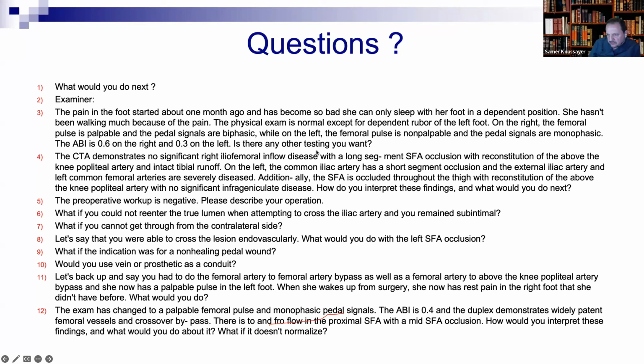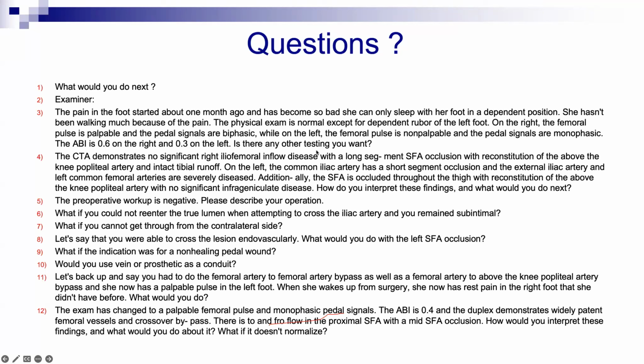If you have an SFA occlusion and you do FemPop, nobody will tell you why you did FemPop. It's okay, even if you don't do endovascular first. I say, okay, I want to do FemPop. If he tells you why don't you do endovascular, tell him I don't have experience in endovascular. I prefer FemPop. It's safer: less chance of embolization, better patency, cheaper for the patient. So I go with that. But if you go with the SFA and do ballooning, then get dissection, then thrombosis, then embolization, you get such trouble.